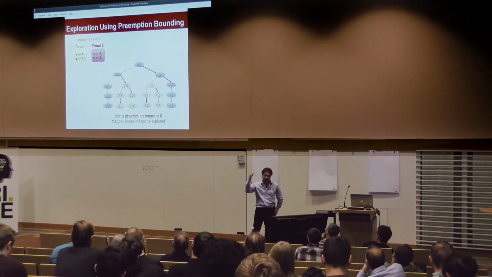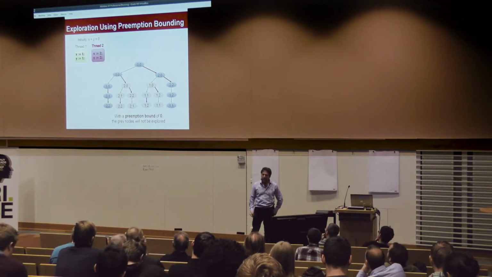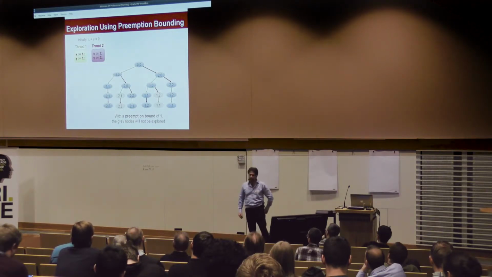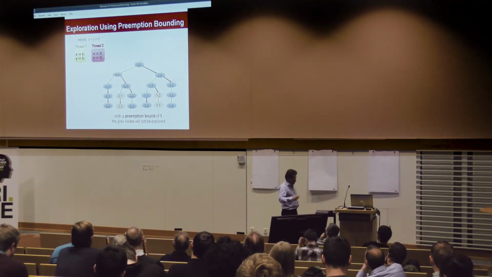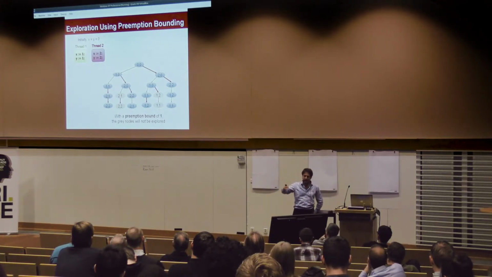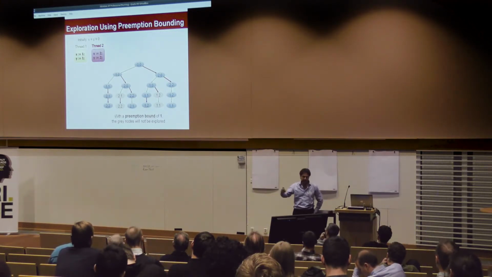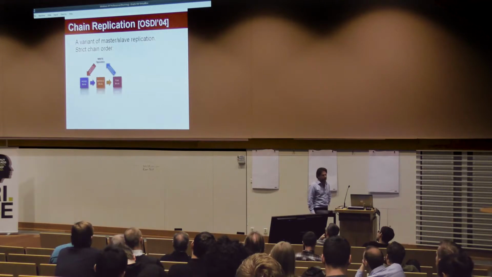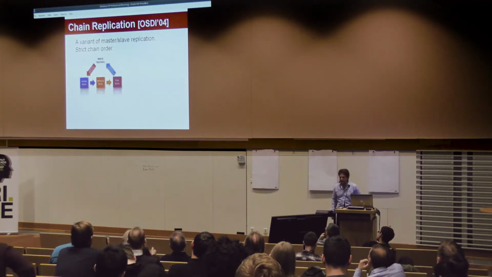You never allow a thread that can run to be preempted by another one. While with a preemption bound of 1, you would not explore these 2 cases. So you can actually use this idea and say that I will start my testing with a small number of preemptions, or a small number of whatever your bounding is, and gradually increase it until I come to the verification point. So this is actually the background for what I really want to present, which is